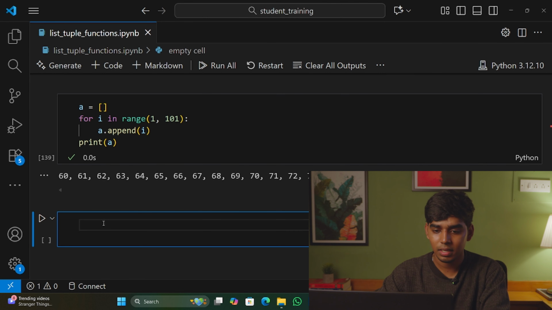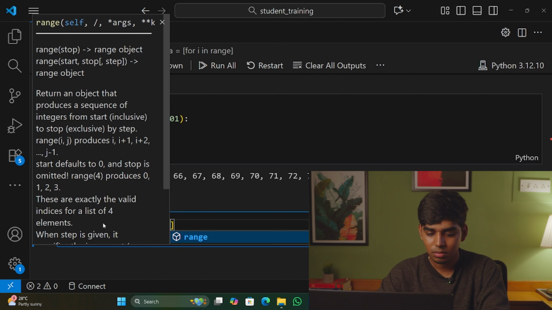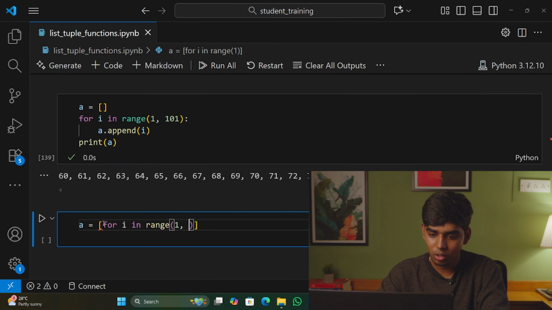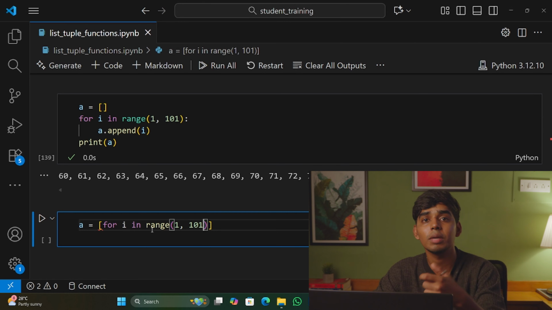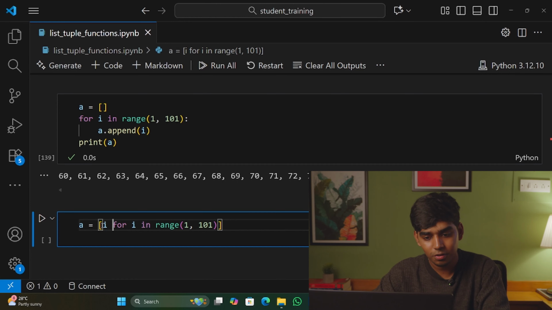Now the same thing, I'll say a equals, I'll keep an empty list, and inside that list itself I'll say for i in range from 1 up to 101, nothing but up to 100, iterate through all these values. And whatever I'm iterating, I want to keep it in my list, right? So whatever value I want to keep comes at the leftmost side of the list. So I should write i here, then for i in range 1 comma 101. So now if I print a,